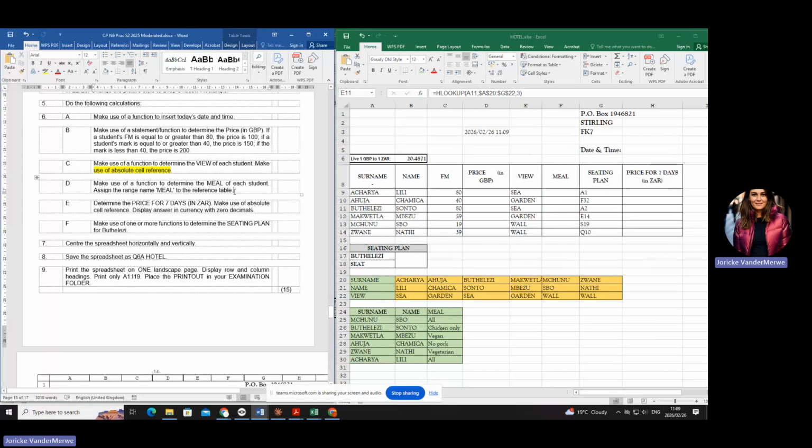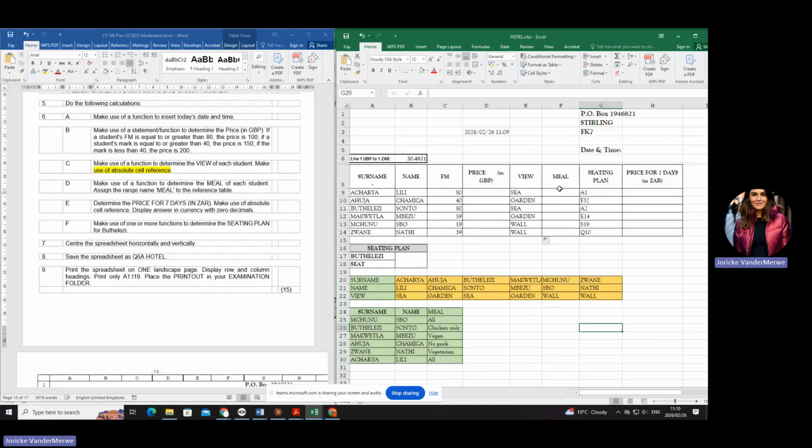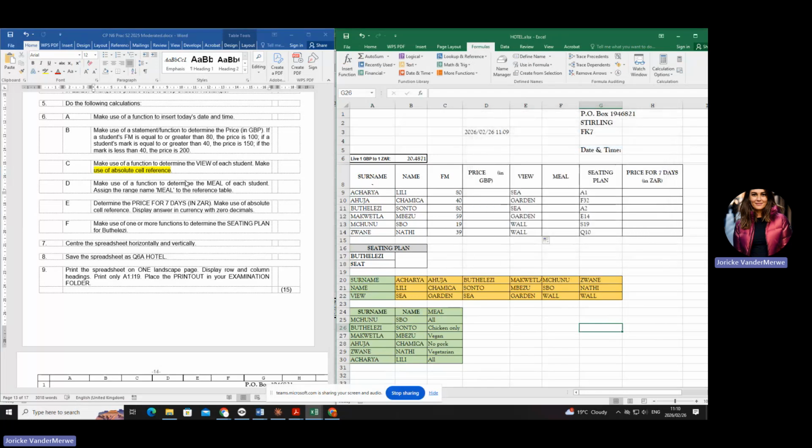So let's go to D. D is the meal. Now, if you look at the meal, you'll see we're going to work in this little table over here. Are you with me? Okay. What is the first thing I need to do? I already checked my first step. I checked my formulas. I checked my name manager. I saw there was a meal. It says that you must assign the range name meal to the reference table.